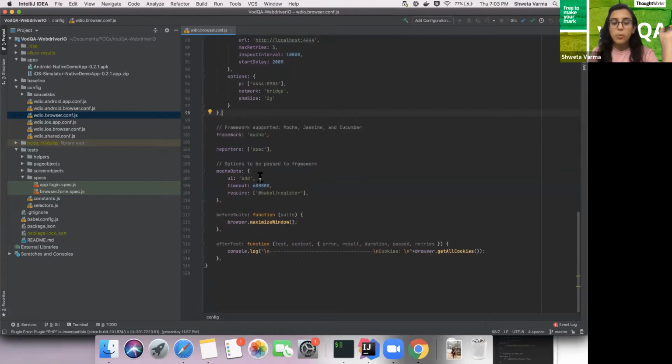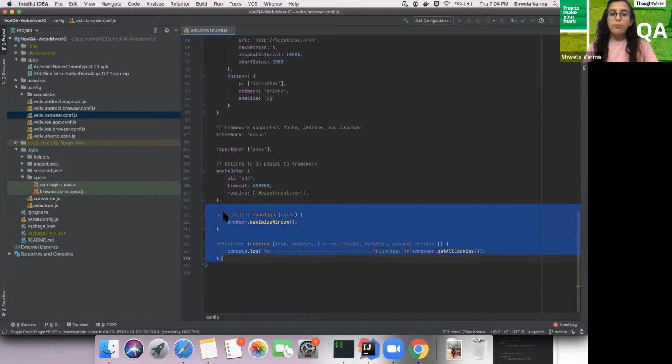And then there is something more interesting to it. So now what I have segregated, as the name itself conveys, is iOS app, iOS browser, Android app and browser, and the normal browser. So there might be certain things I want to perform at that specific platform level only. For example, I want to maximize the browser window, which if I give on any other platform, like on a device, will fail and give me some error saying that I don't know what you are talking about. So that can be achieved here.